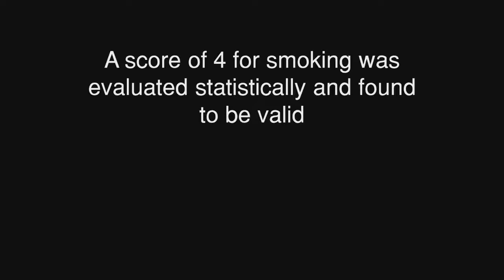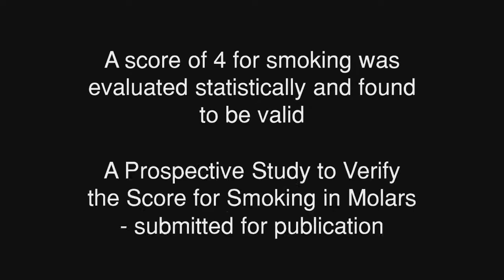We rounded it off to the 4, and the statistician said that that was, although not statistically valid perhaps, an accurate way of doing that. And Dr. Gopal tested that and found that 4 as a score for smoking was statistically validated. And he did this, as I pointed out, the study that I mentioned that he presented last year in Boston at the American Academy of Periodontology under the Innovations in Periodontics, and again presented in 2018 his prospective study on